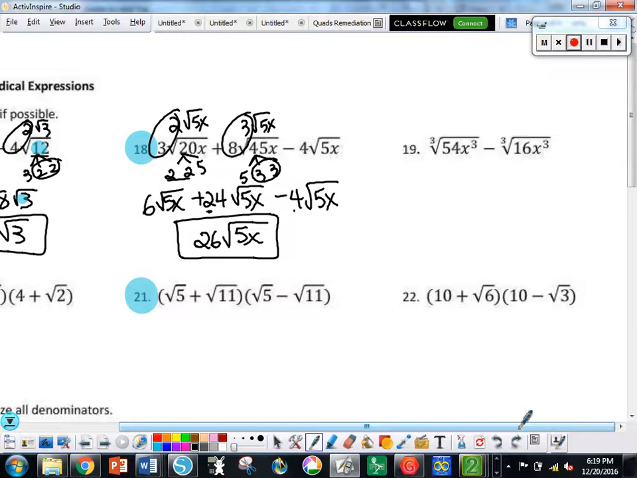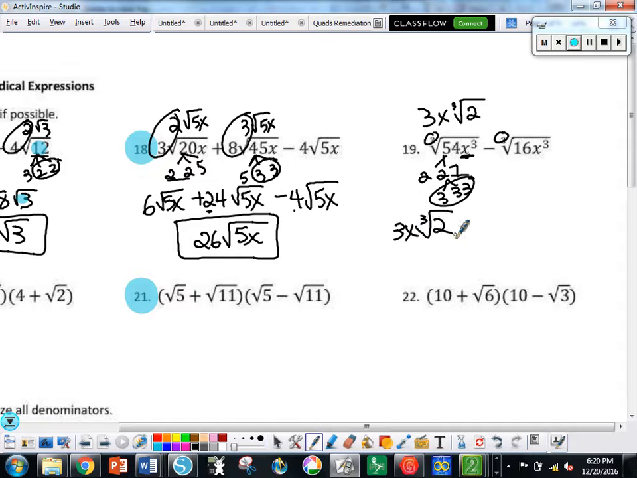Alright, number 19, same thing, except this time we're looking for groups of 3. So 54 is 2 times 27, and 27 is 3, 3, and 3. So this is 3 cube root of 2. And then you have this group of x's right here. So it's 3x cube root 2. Sorry, I did that backwards. 3x cube root 2. Now if you're looking at the 16,